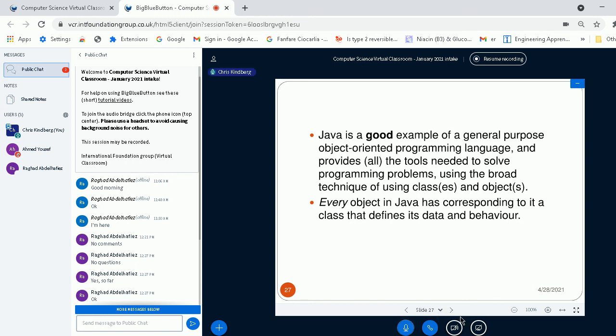Supposing you have a database of soldiers, what are the likely operations that you need to execute on your database class?